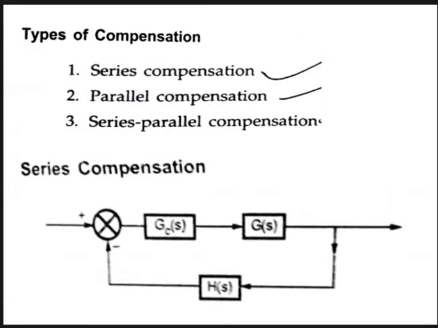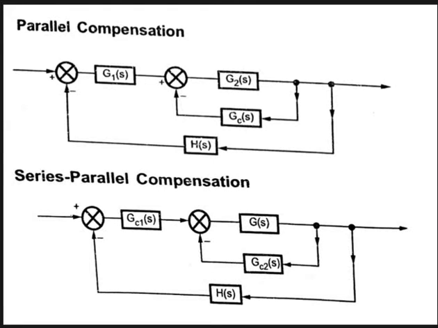So basically these compensators are of three types. Types of compensators: series compensators, parallel compensators, series parallel compensators. First one, series compensators. This is the structure of a series compensator. Here we already know G(s) the forward path, H(s) the feedback path, and the summation. These three blocks we know. But in this diagram, this is the extra block, that is Gc(s). C means compensation block. So if the compensation block is in series with the forward path, then it is called a series compensator.